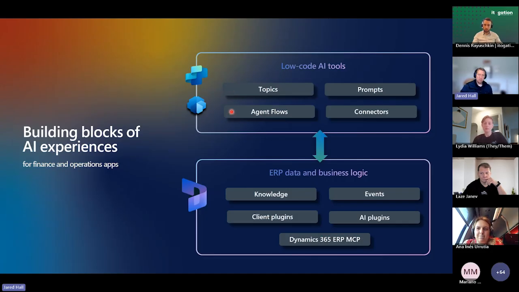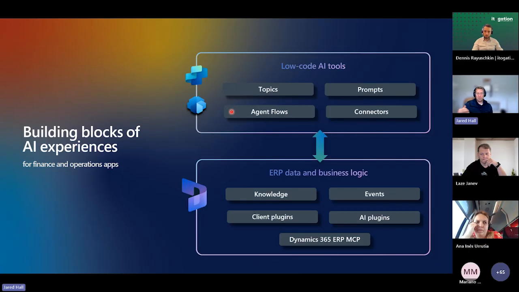Agent flows are similar, as they are a tool set for us to bring the abilities of Power Automate directly into your agent in Copilot Studio. So we can have those deterministic flows and operations that are performed with Power Automate, bringing that whole tool set directly into Copilot Studio.